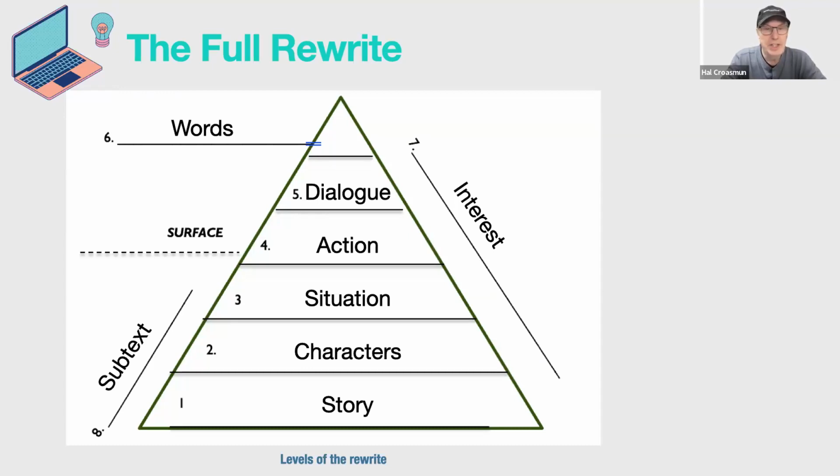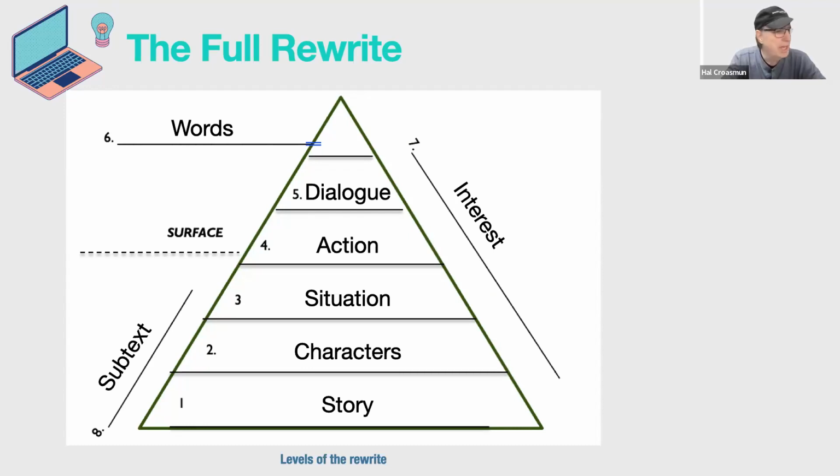Is there action that is actually meaningful in your scenes? And then, of course, dialogue. Is your dialogue interesting? Is it compelling? Does it have subtext built into it? Do you have interest techniques built into every single scene? That's important. And do you have subtext in every scene? This is the deeper meaning. This is the stuff that the audience is living, right? This is what's engaging them. These things need to be there. They absolutely need to be there.